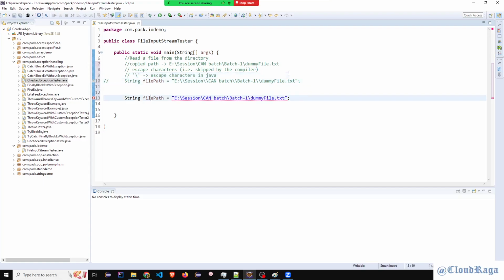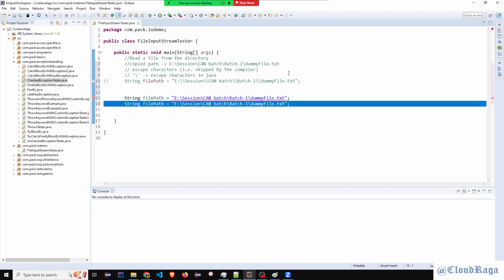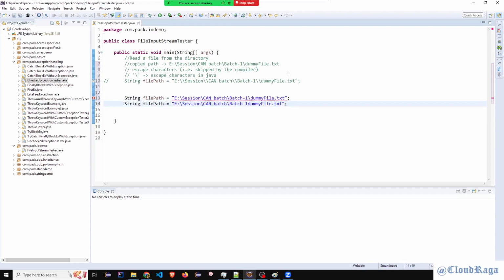So if I pass something like this, this line will definitely get compiled. But the output would be incomplete, because the slash was skipped by the compiler. That's how the JVM is designed. So you can clearly see this does not make any sense. That's why we need to put double slashes. Before someone asks why we have double slashes, I am clearing that concept. We have a concept of escape characters in the compiler, which means skipped by the compiler. So if you just put one slash, that will be the result. If you put double slashes, you can easily guess what the output will be. This will be the output.